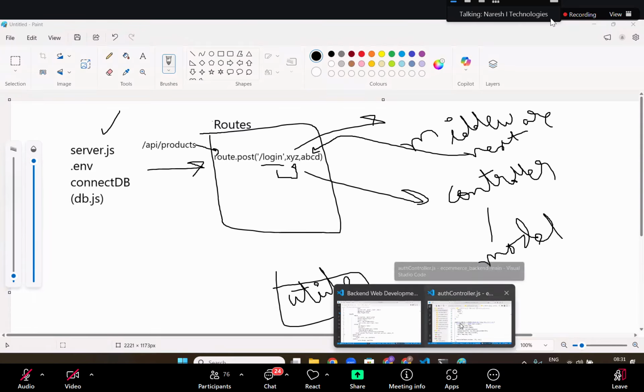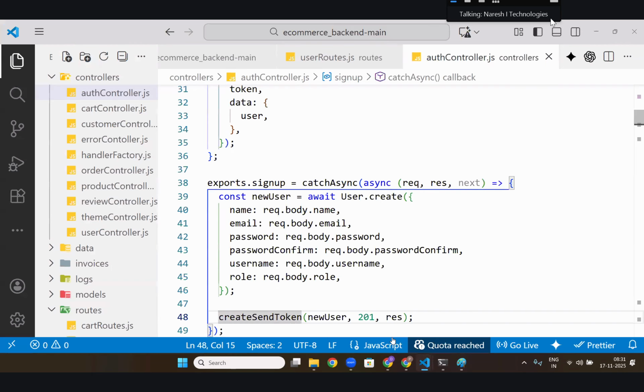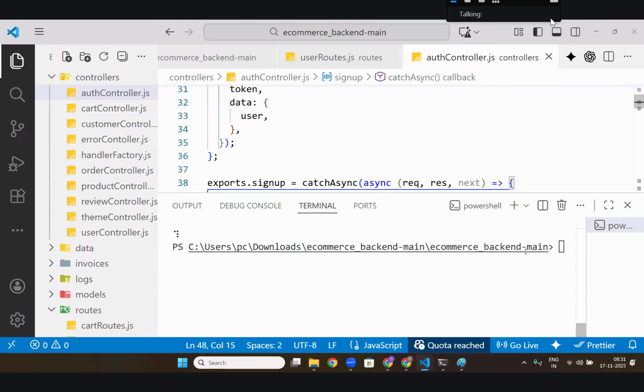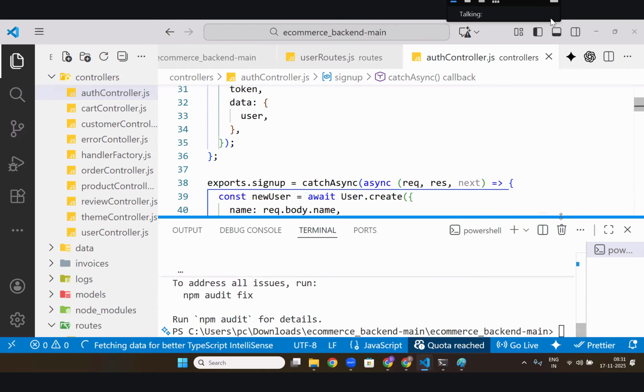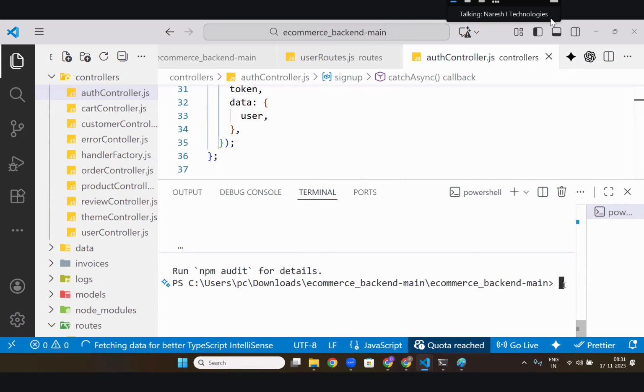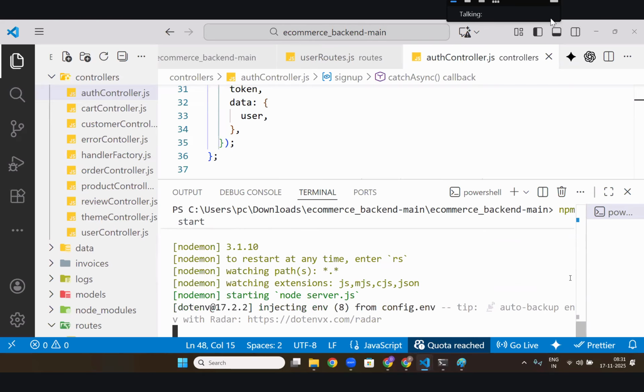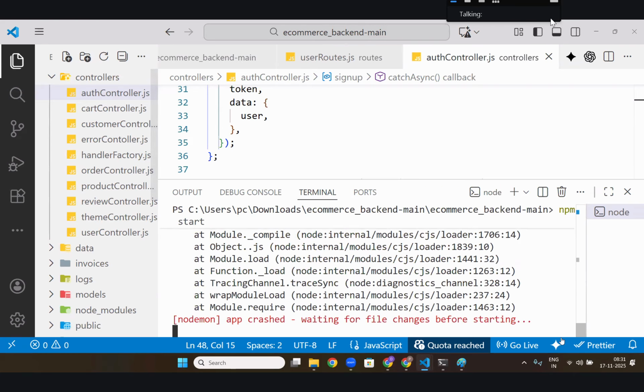If I go here in this application also, npm install, and once it is installed, if I write npm start, it's having some errors. App crashed.